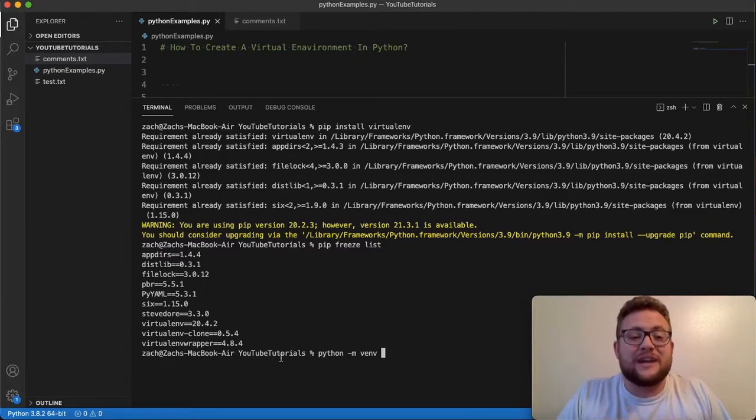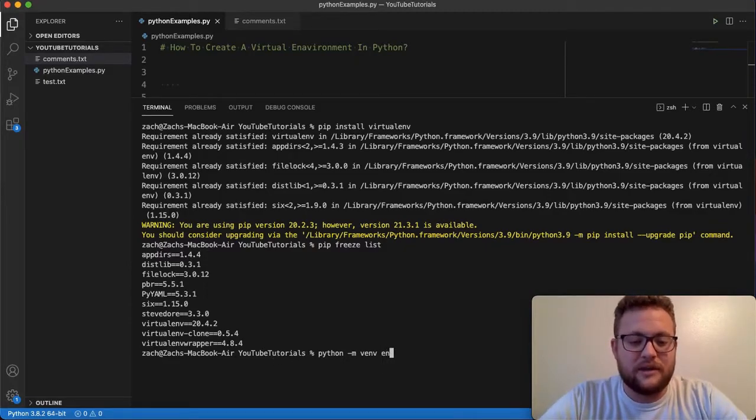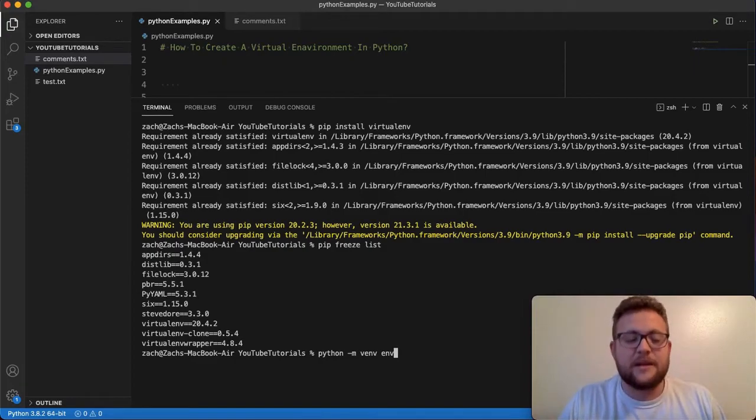So a lot of times when you're in that, people just give it the word env just to show that that's their environment. But if for whatever reason you want to give it a specific name, because maybe you're doing something for documents, maybe this is my doc_env, or this is for my awesome cool new project. Maybe you want to put that in another folder or directory. But a lot of times people will put that in